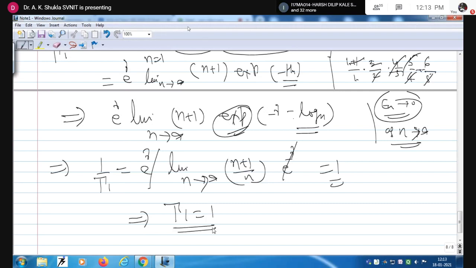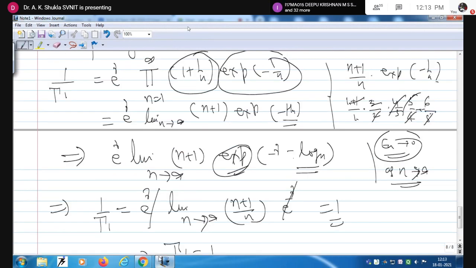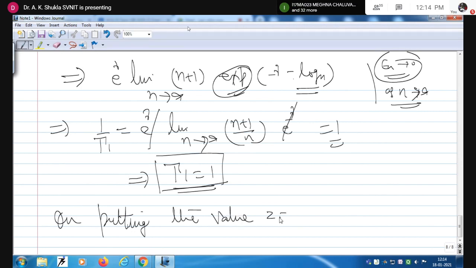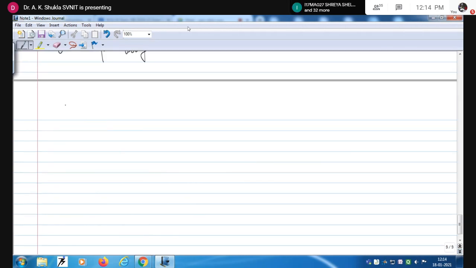So now putting the value of gamma 1 in equation number 2, on putting z equal to 1 and gamma 1 equal to 1 into equation 2, this gives